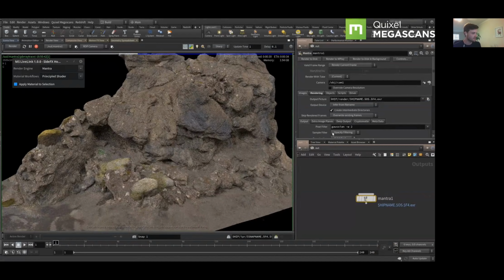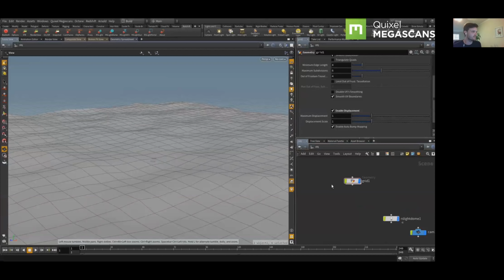And hit render, and you basically get a beautiful render straight off the bat. So that's kind of a basic installation guide. The next thing we're going to look at is how to actually use these tools to set up a quick